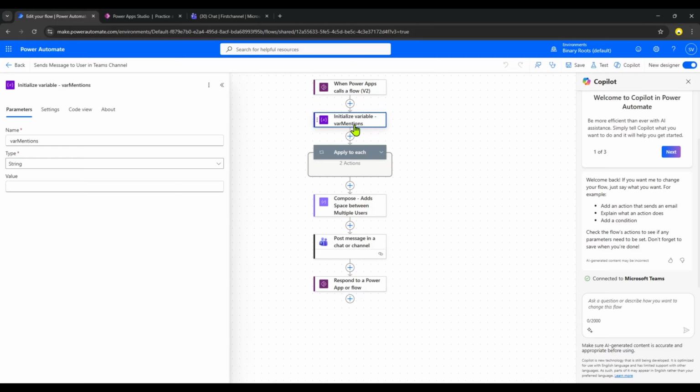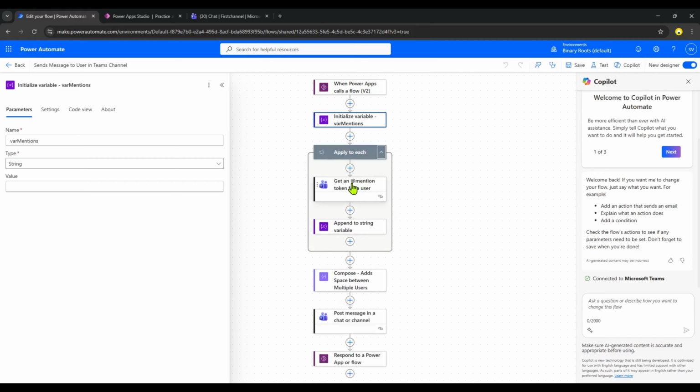That is how the Microsoft Teams messaging works, wherein first you need to get the user token for whom you wanted to mention in a particular Teams chat or channel, right? So the next thing which you do here is an action which is available. So simple and easy for us that within Power Automate actions, we do have an action called get a mention